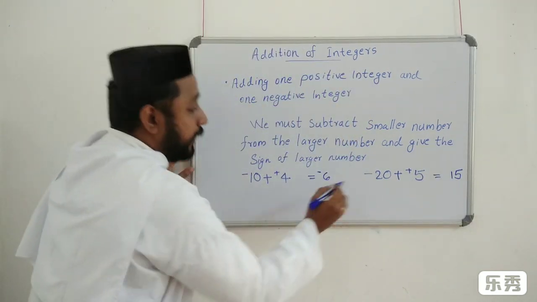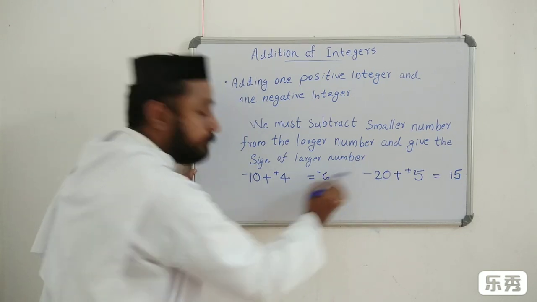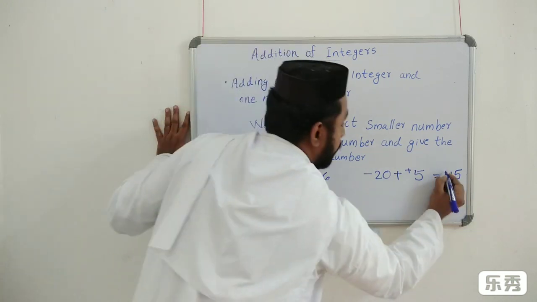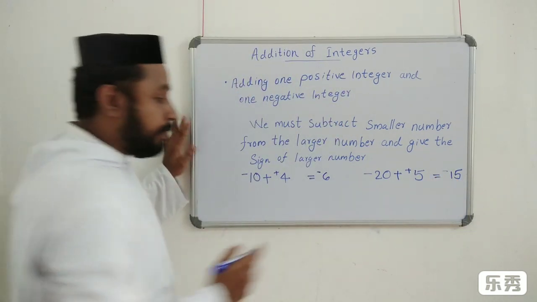Look at the sign of the bigger number. Here 20 is the bigger number. The sign of 20 is minus. So we put minus sign. So answer is minus 15. Another example is